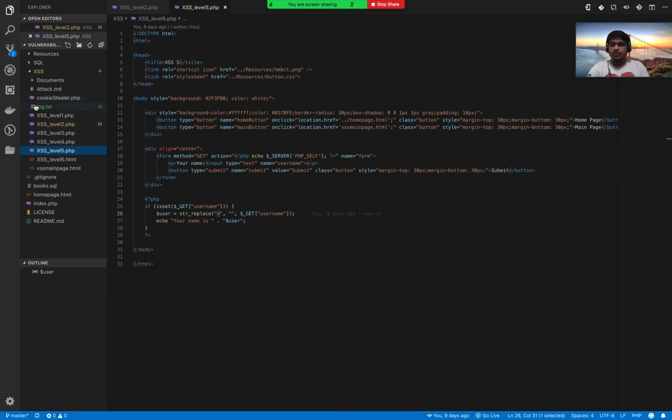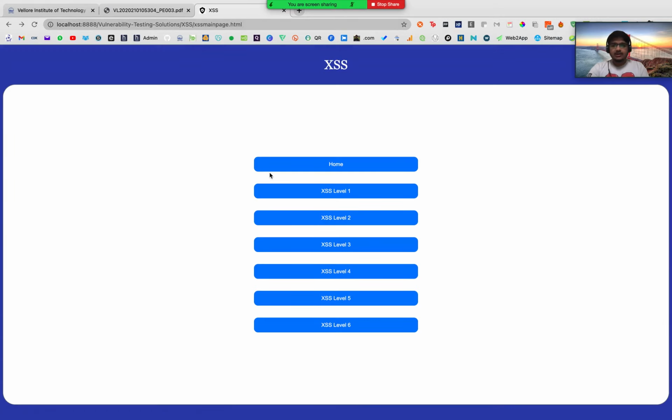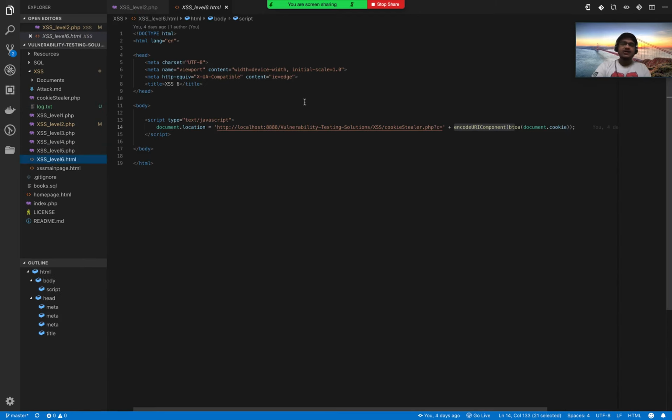And this is permanent, because even after you refresh my page, or if I go back or something like that, it will still be over here. My log.txt won't change on its own. That is a very critical reason why stored XSS is one of the most dangerous types of attacks, and this cannot be prevented using the usual measures unless you have predefined software to check for XSS attacks.